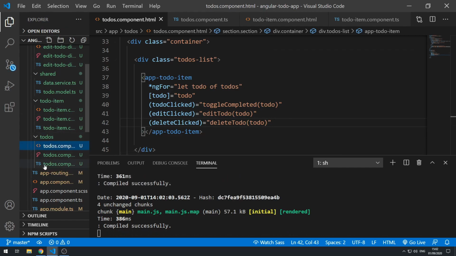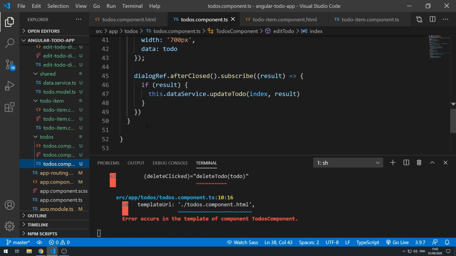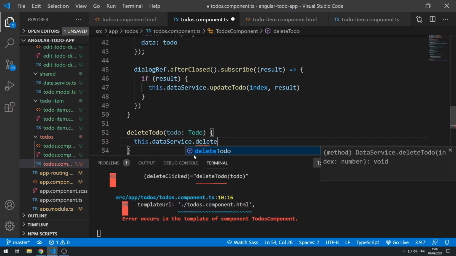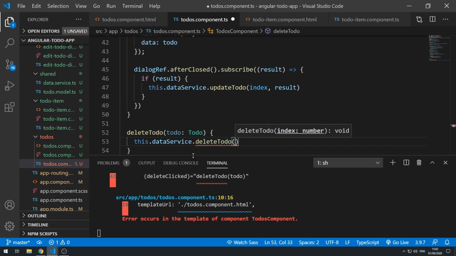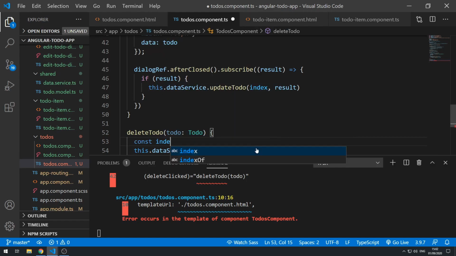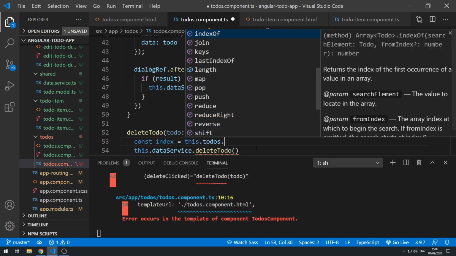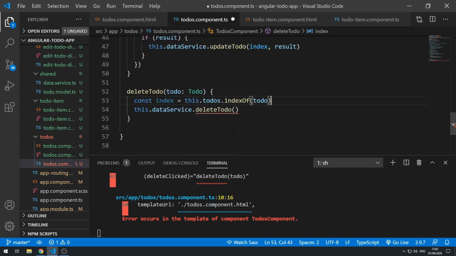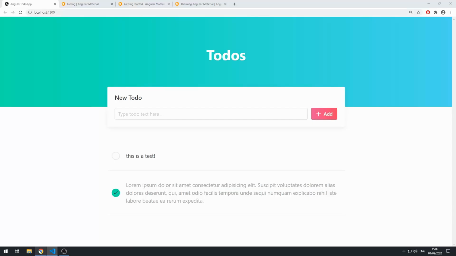and let's go to our component class and create a new method called deleteTodo. And then inside here we can do this.dataService.deleteTodo and this requires an index. So here we actually have to do const index equal to this.todos.indexOf and pass in the todo and then here we can pass in the index and there we go. All right, so let's save that now and go back to the application and see